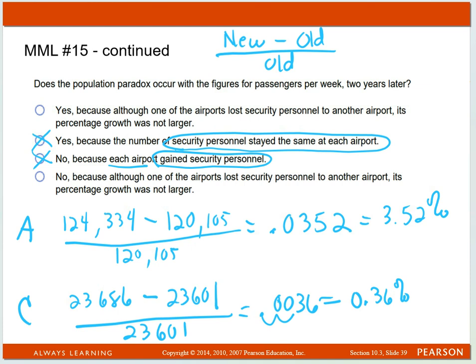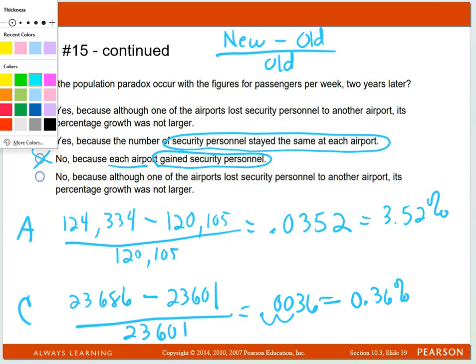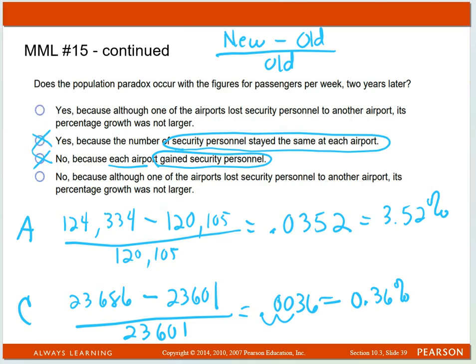The top one says yes, because although one of the airports lost security personnel to another, if you compare these, let me use the highlighter on this. Let's go bright green and go a little bigger. They both read the exact same right here, because although one of the airports lost security personnel to another airport, and here it says the same thing, because although one of the airports lost security personnel to the other airport,